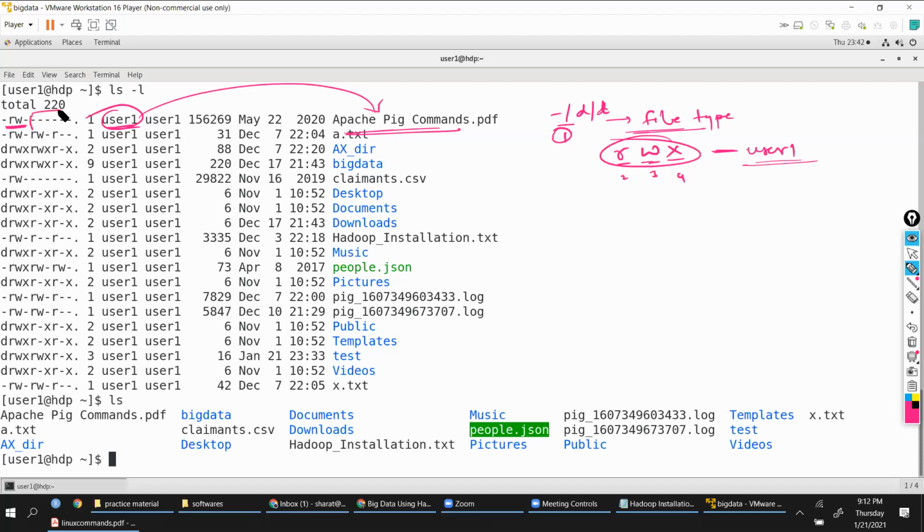Next three will again either take R, here you can take RWX, or it can be empty. But these three locations are the access controls for the users who belong to the group, right? All those people who belong to this group should have these permissions. Because if you talk about, let's say, a sales team, there might be 10 people in the team,